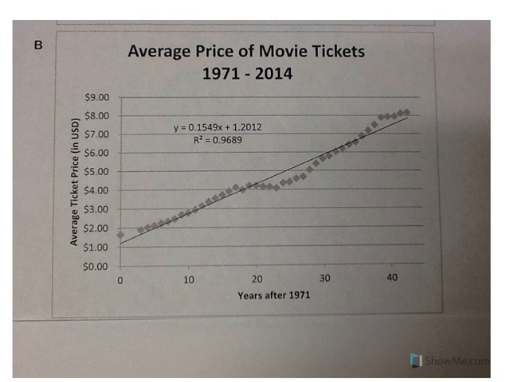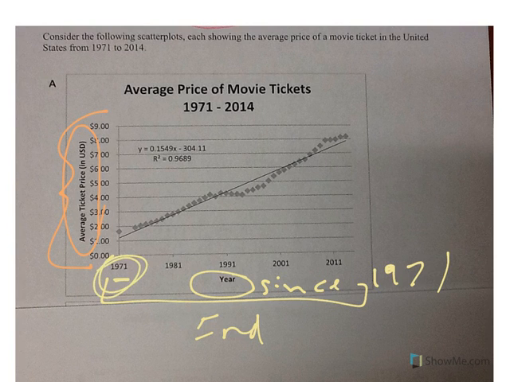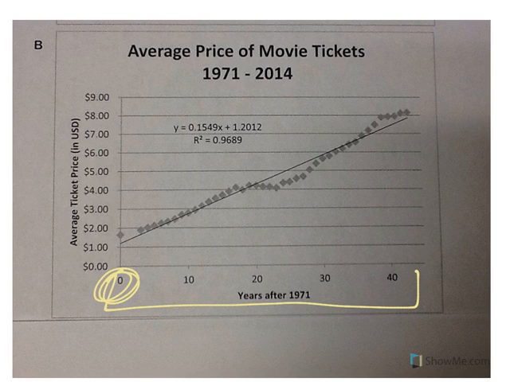Okay, so we go to B. Now this is showing the same information, but look at the difference. Here it starts at 0. In this graph it started at 1971. So our independent variable is still years since 1971,